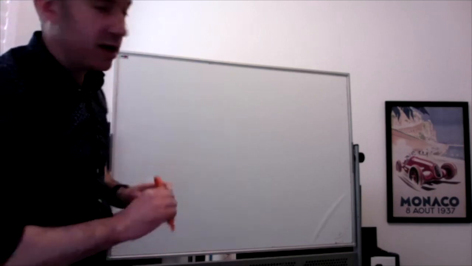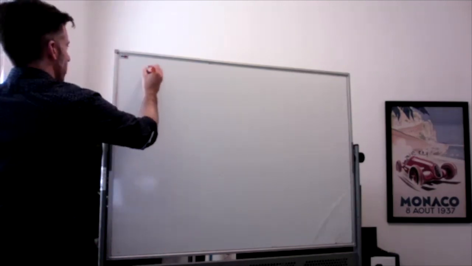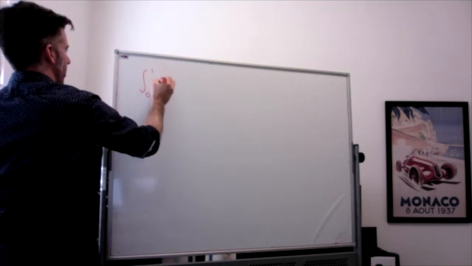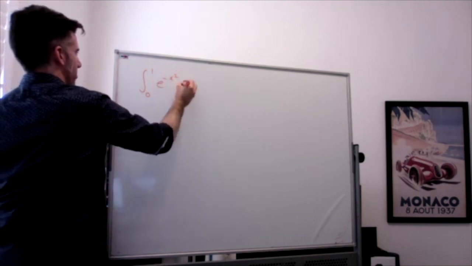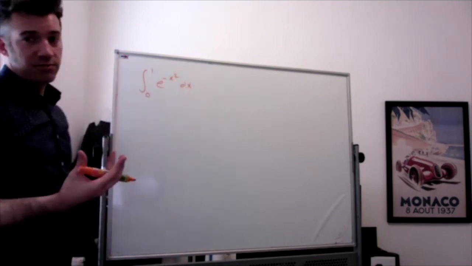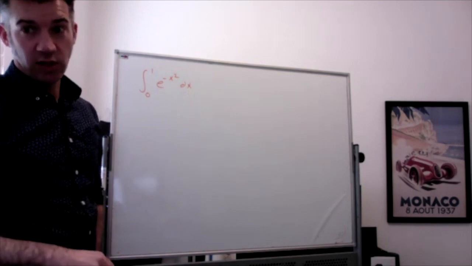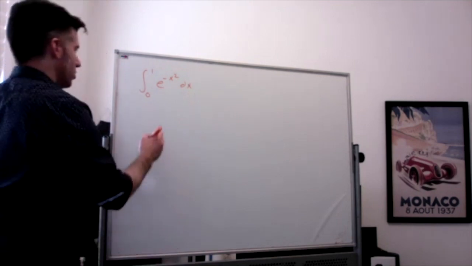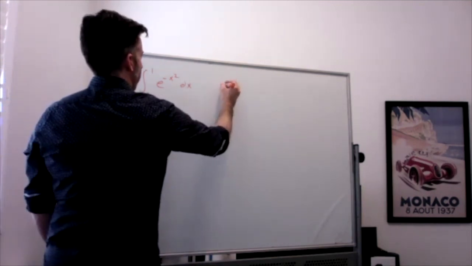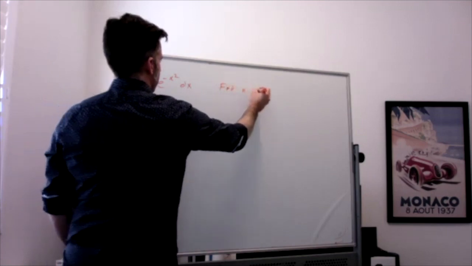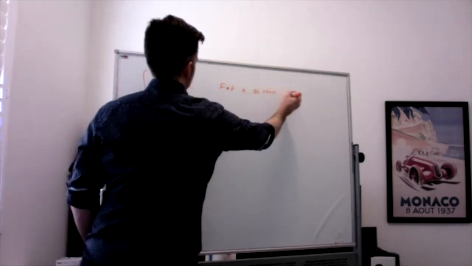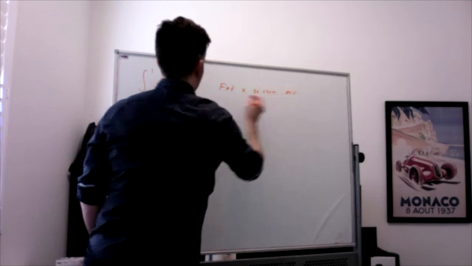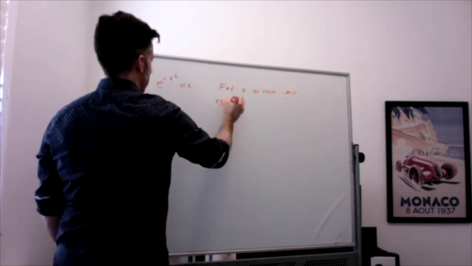So here is an integral that can't be done. Integral from 0 to 1 of e to the negative x squared. That thing cannot be anti-differentiated. So I want to find n so that our approximation using the trapezoid rule